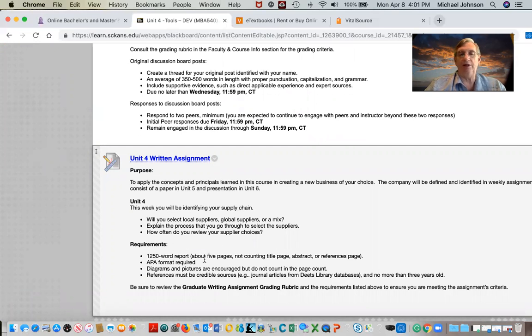And you can see down here, it gives a word count requirement, and it also encourages, and I encourage you to encourage your learners, to use the Dietz library with peer review on, because that will get them real scholarly sources. I'm leaning on my students to do that. And note that sources are expected to be 3 years or younger, so we're looking to have really current information. I want to point that out to you.